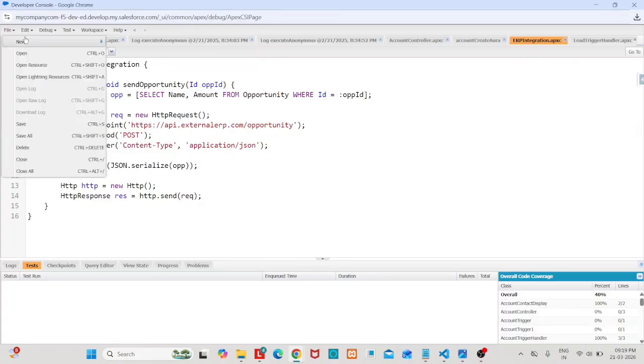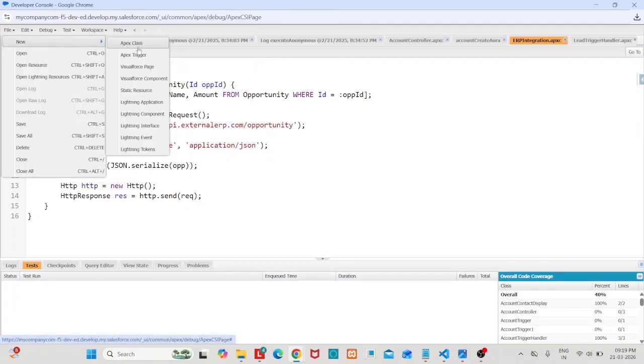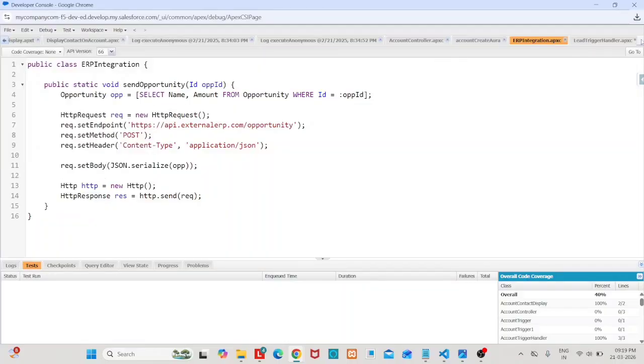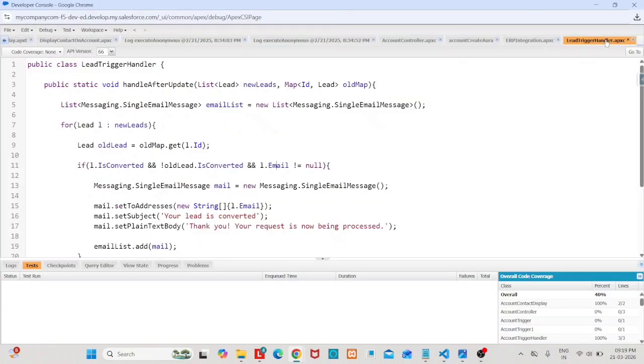So where you can create Apex class, triggers, and the Visual Force page, Lightning page, everything you'll be able to create it. So if you see here, the lead trigger handler, and this is an Apex class, the lead trigger handler, and there should be a trigger as well. Let me open that as well. So lead trigger,